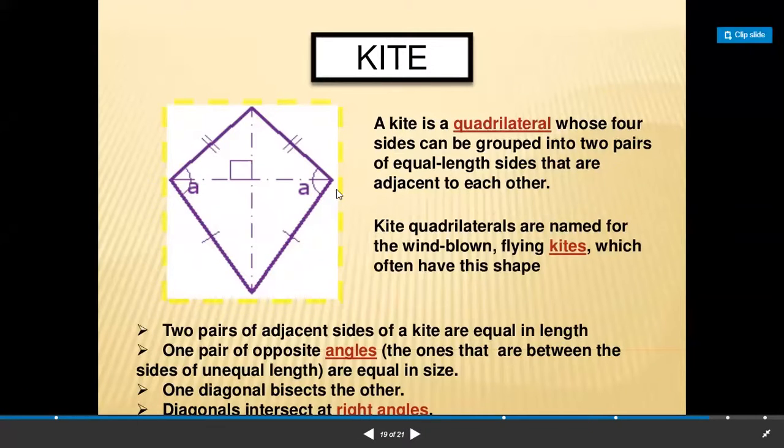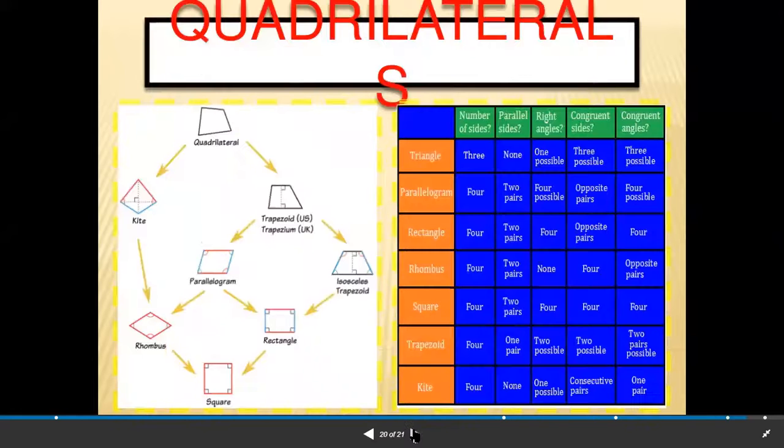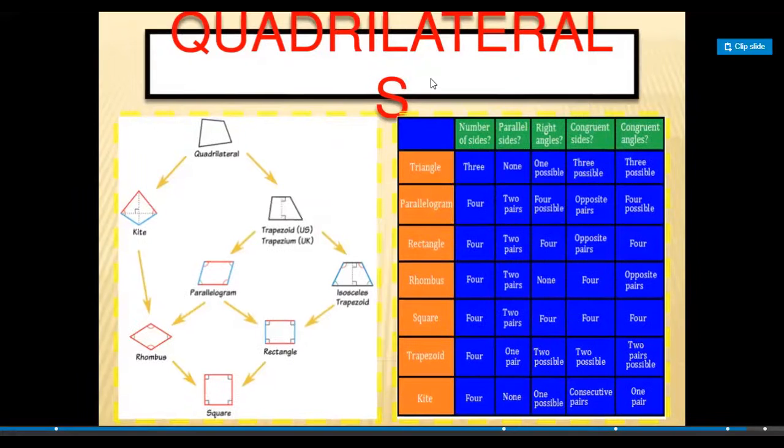So these types of questions are there in the book. When we discuss the exercise, all these properties we will discuss. So please all take a screenshot of this page. This table you can form. Instead of writing all the definitions, you can form this table, and that's okay if you draw this table. That will cover all your definitions and all the properties. So better to draw this table. No need to draw these figures. You please go with this table. You can draw this in your notebook. Okay.